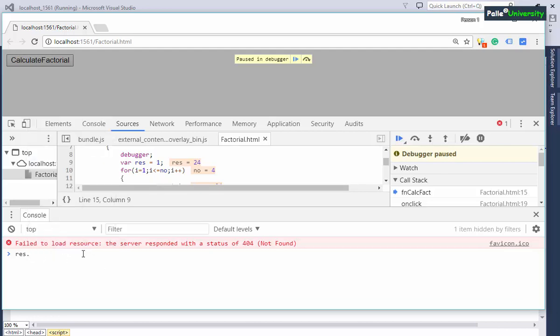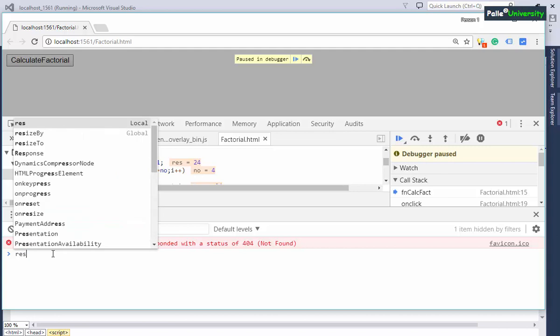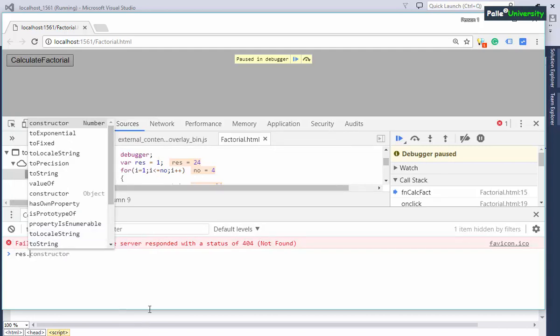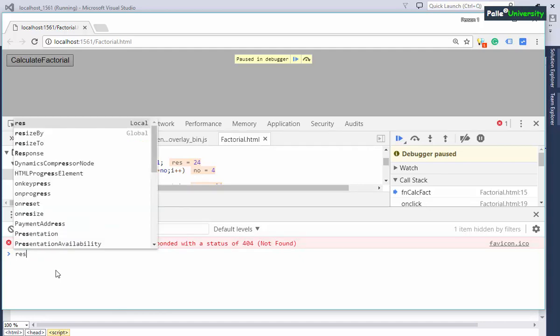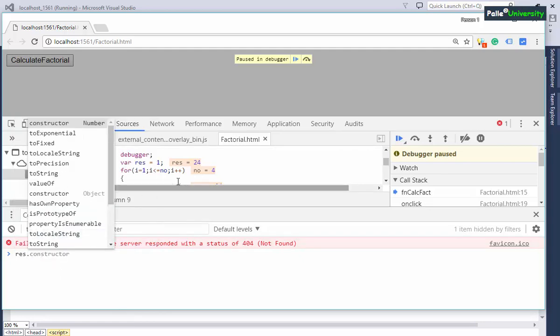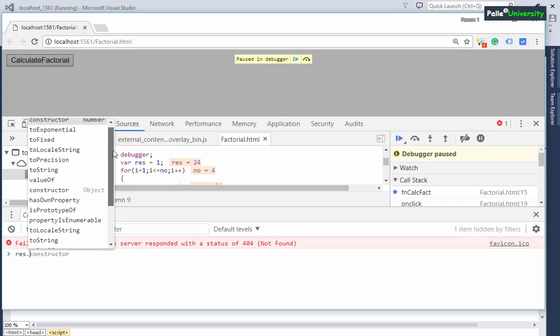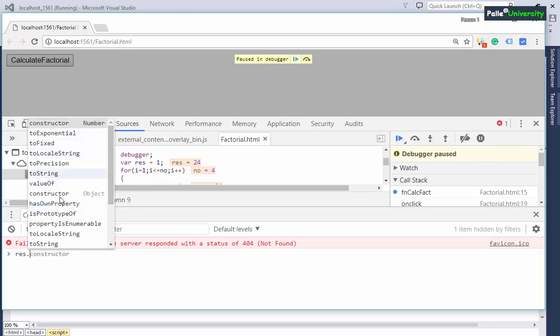But remember, when the IntelliSense window is not coming in Visual Studio or maybe in some other editor when you are writing JavaScript code, you can happily get that missing IntelliSense window in the Google Chrome browser by using the debugging technique. Okay. You type the variable name in the console window. So currently you are in the console window. You type the variable name and then type dot, just like you do in Visual Studio or maybe in some other editors. You will get the IntelliSense window and you can make use of it.